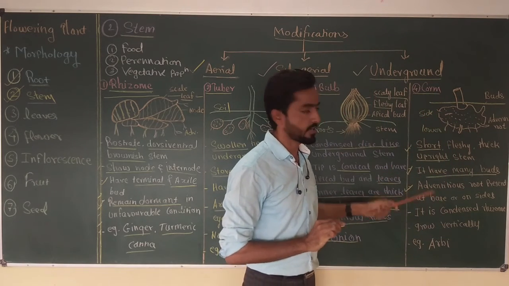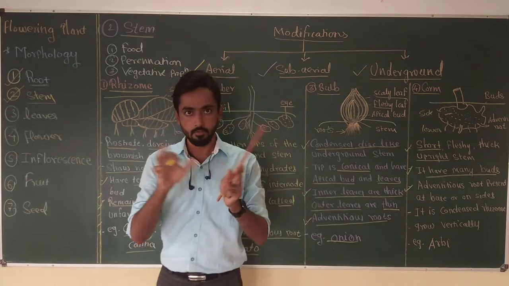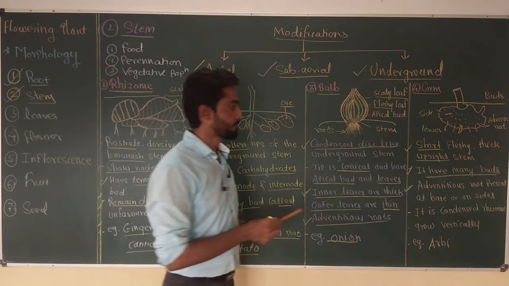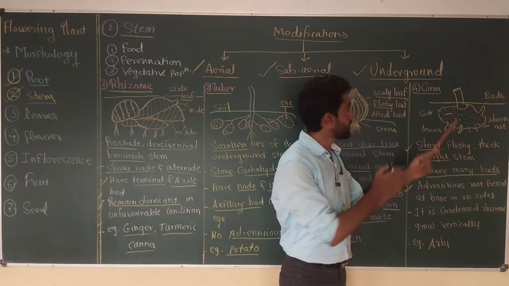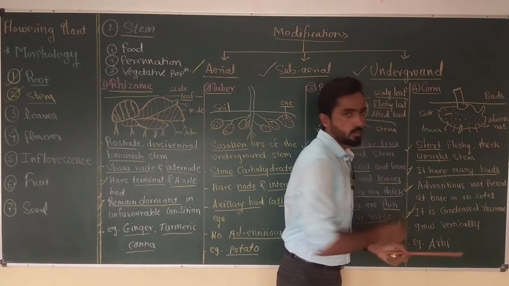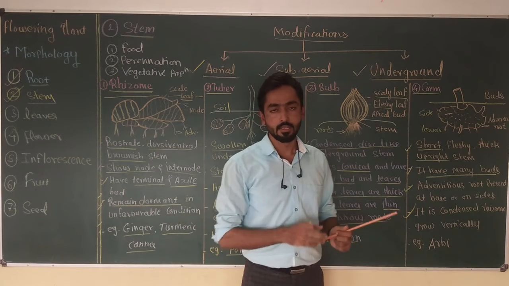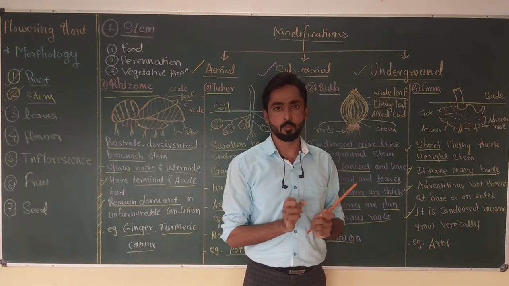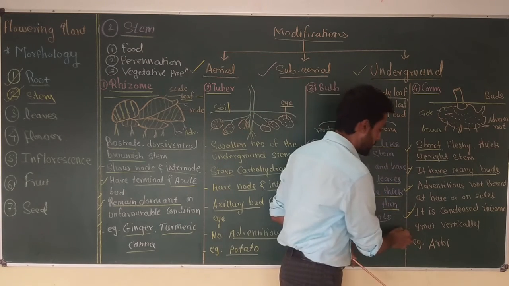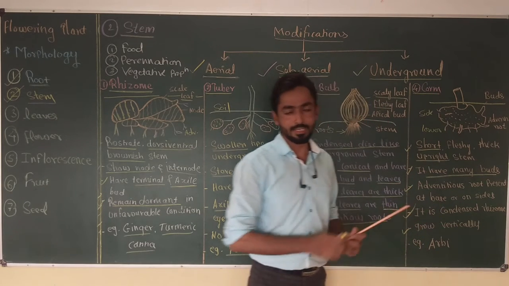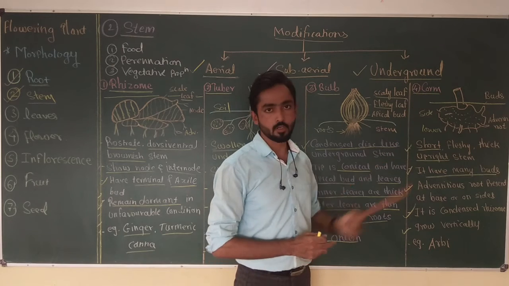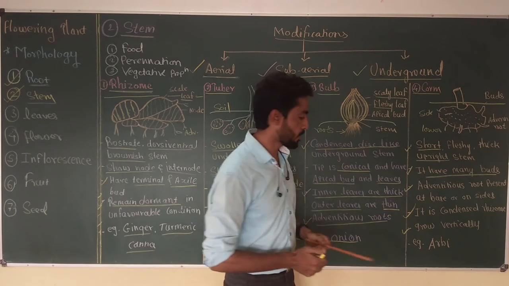So in this case adventitious roots are present evenly on the surface of the stem. Then it is a condensed rhizome. When we compare corm with rhizome, you can see it is similar but a condensed form, and they generally grow vertically. Upright and vertical growth is the characteristic feature of the corm, and a well-known example of the corm is